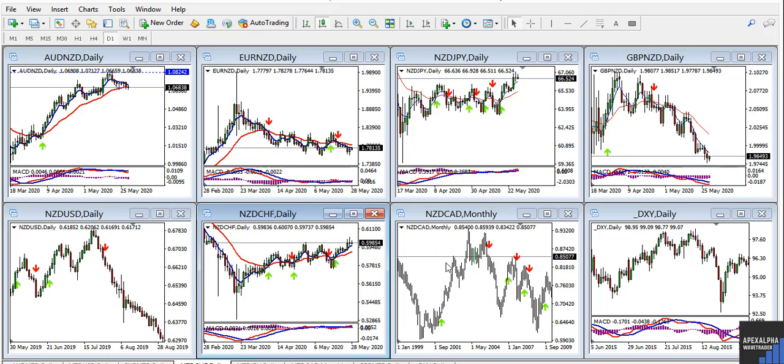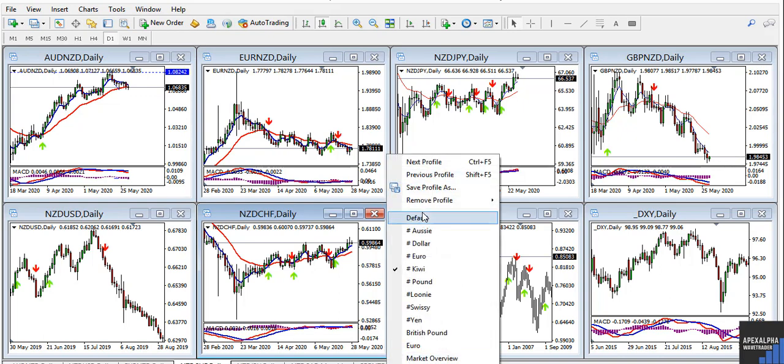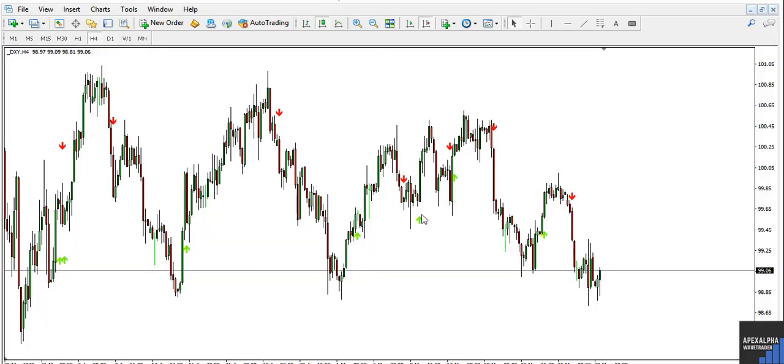Now let's just pretend you are not using your laptop to trade. Let me show you how you can do yours. Let's go to the defaults here. So if you are not using your laptop to trade, let's say you are using your tablet, or you are using another trading platform that doesn't allow you to set up profiles, or you are using your phone, my recommendation to you is